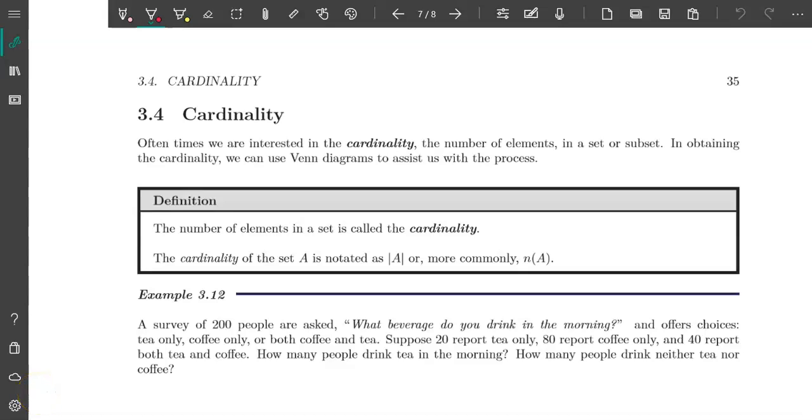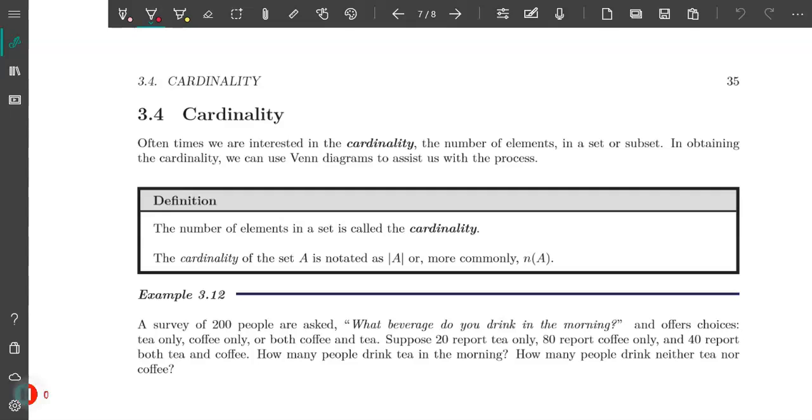Okay, now we're going to look at cardinality. Cardinality is when we're just concerned with the number of elements in a particular set. This helps us for probability that we're going to do next, when we can figure out percentages and probabilities and make inferences. Also for statistics, that'll be a great help. We're going to combine that with the union and the intersection